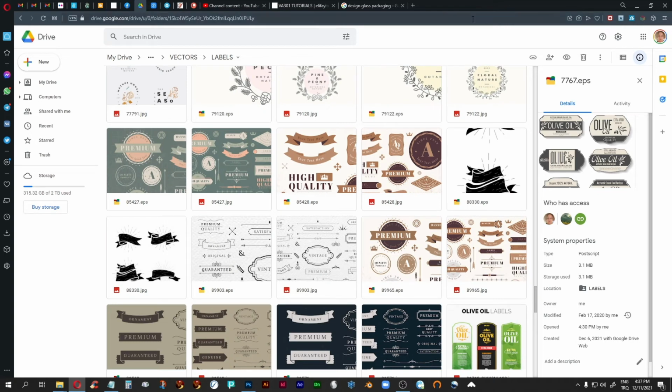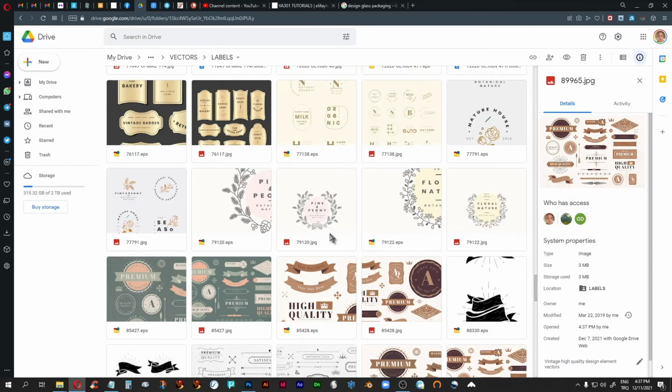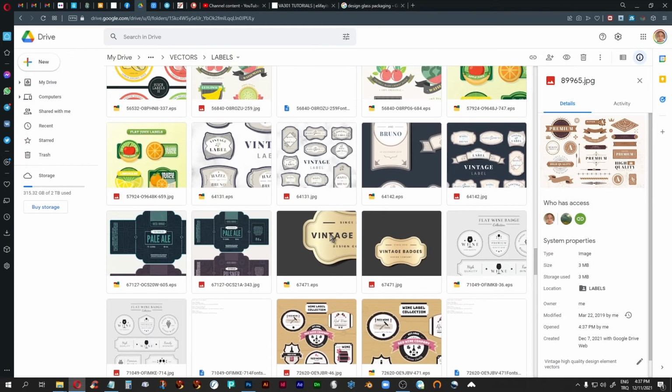Now what I've done in this folder, this labels folder, is I've also put down a number of element files, such as this one here, for example, which is an EPS file. It's a vector file, so you can take different elements from here and integrate them into your design. Now what we don't do, obviously, I don't even need to say this, but I'm going to say it anyway,